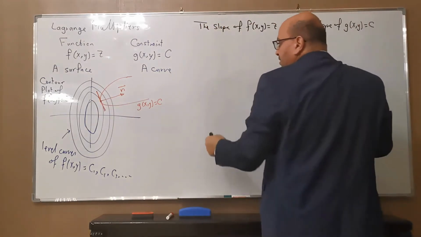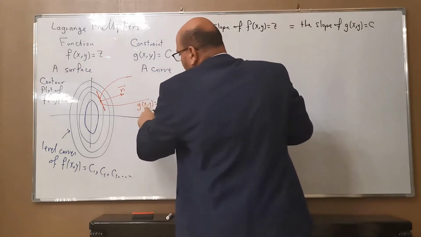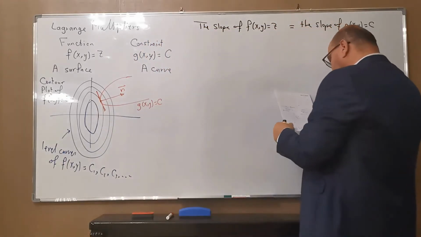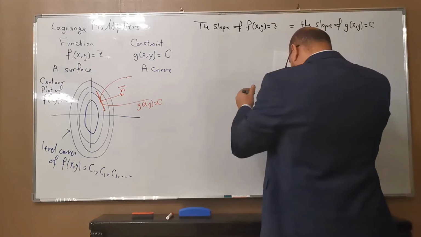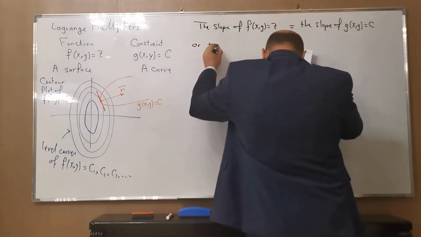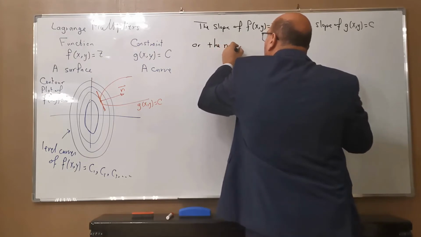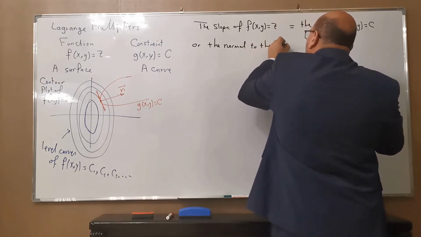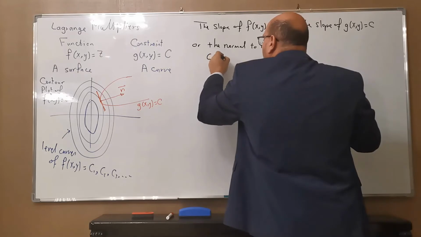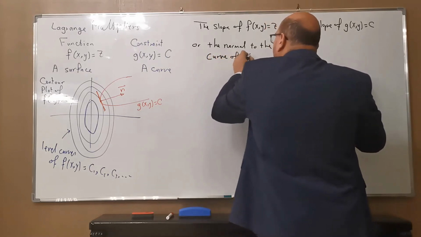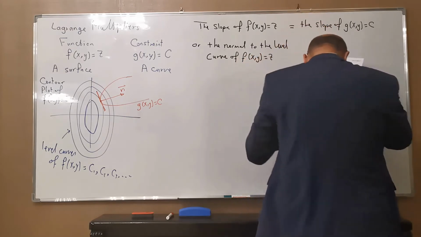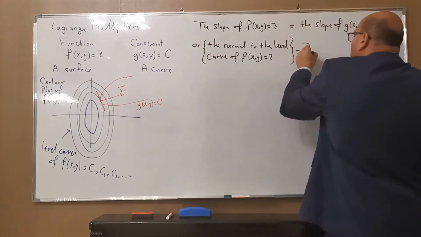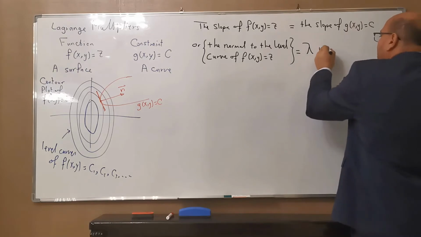So the slope at the point where the g of x and y equals c touches the level curve here, they make exactly the same slope, or the normal to the level curve of f of x and y equals z is equal to some constant times the normal